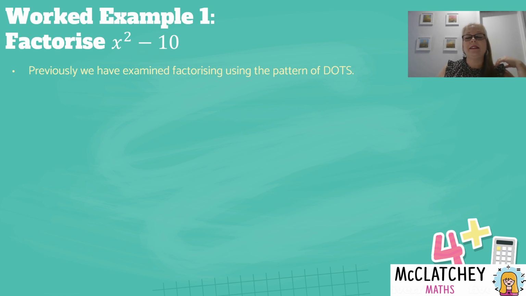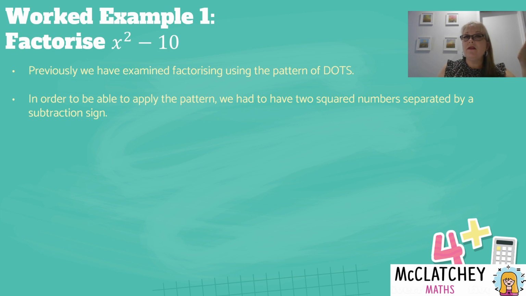However, in this particular example, you'll notice that I've got the number 10. It's not technically a squared number. So my first reaction there, as a student, is to go, I can't do this question, put my hand up. Teacher, is there a mistake on this exam? Teacher comes over and says, no, there's not. And then you sit there and you move on and don't even attempt it because you have no idea what to do. Because you can't find a common factor between x squared and 10 and you've got no clue what's going on. However, applying what we know about surds, which you should have a bit of a knowledge about,